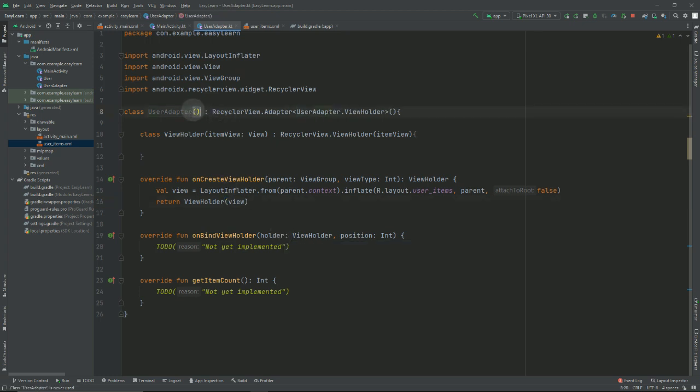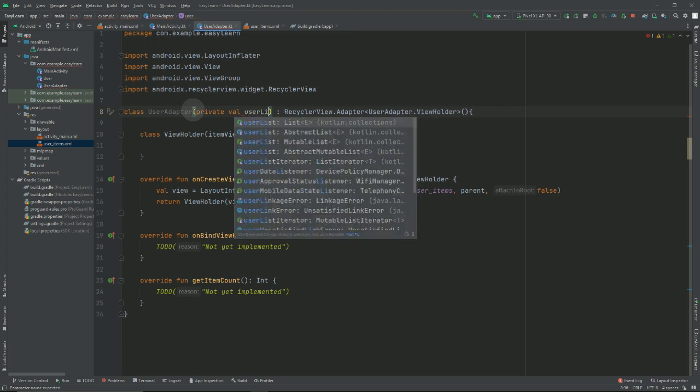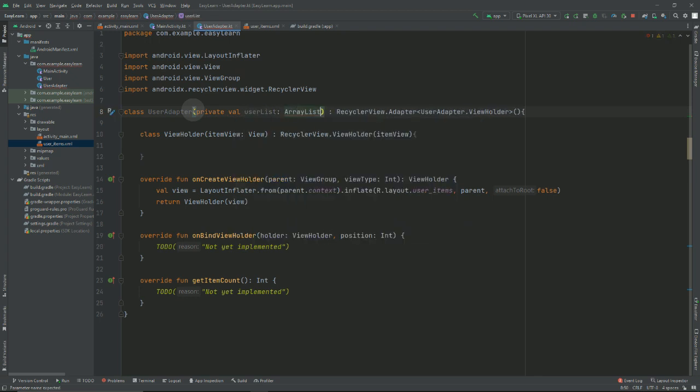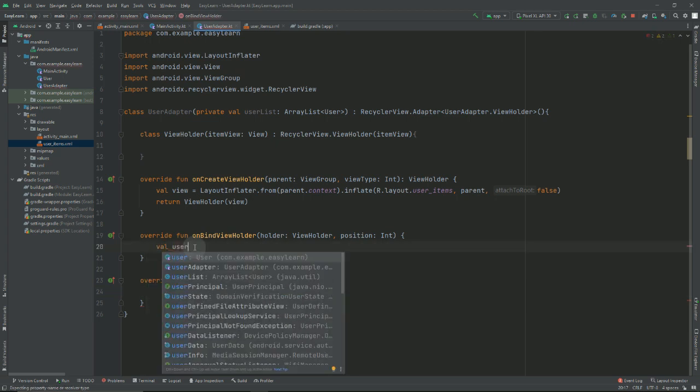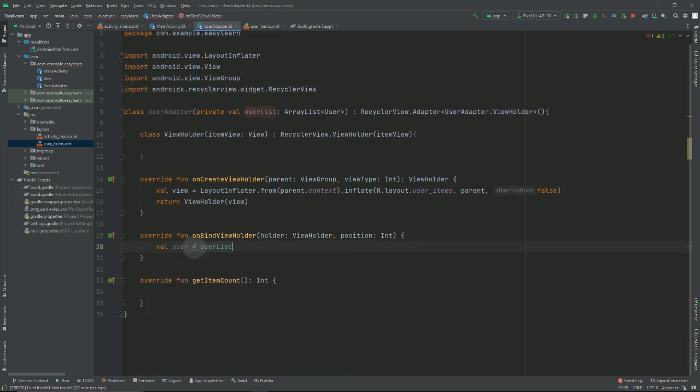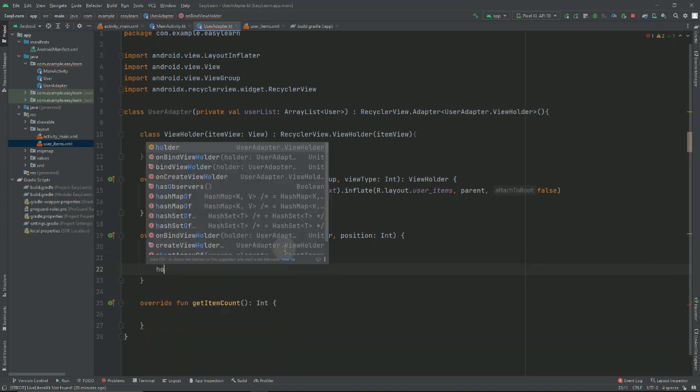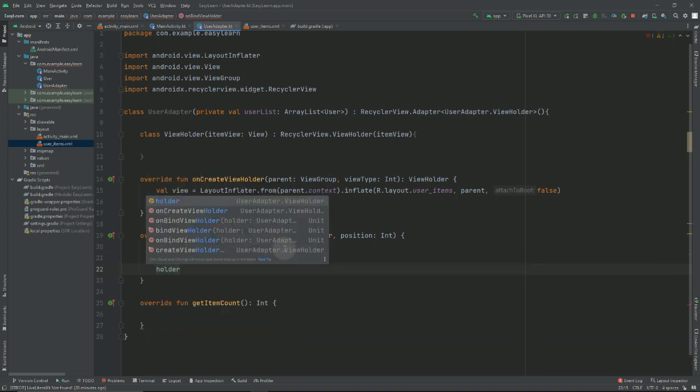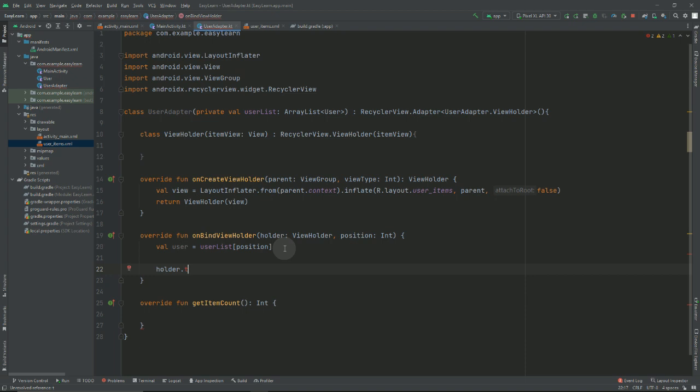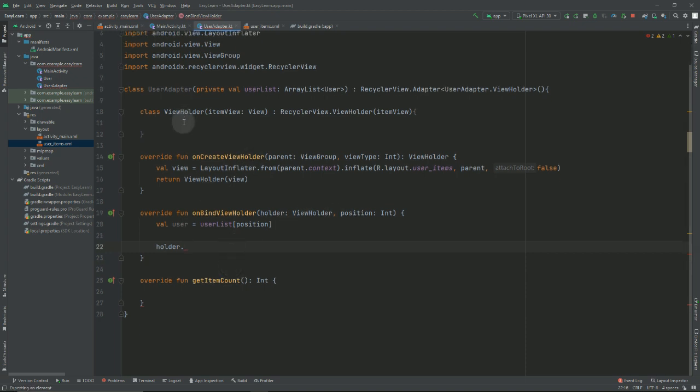And let's create a constructor which will accept some user list value. Just remove this. And here we will get the user from the user list, at provide position. Here we will get the views, but we have not created any view here. Let's create inside the view holder class